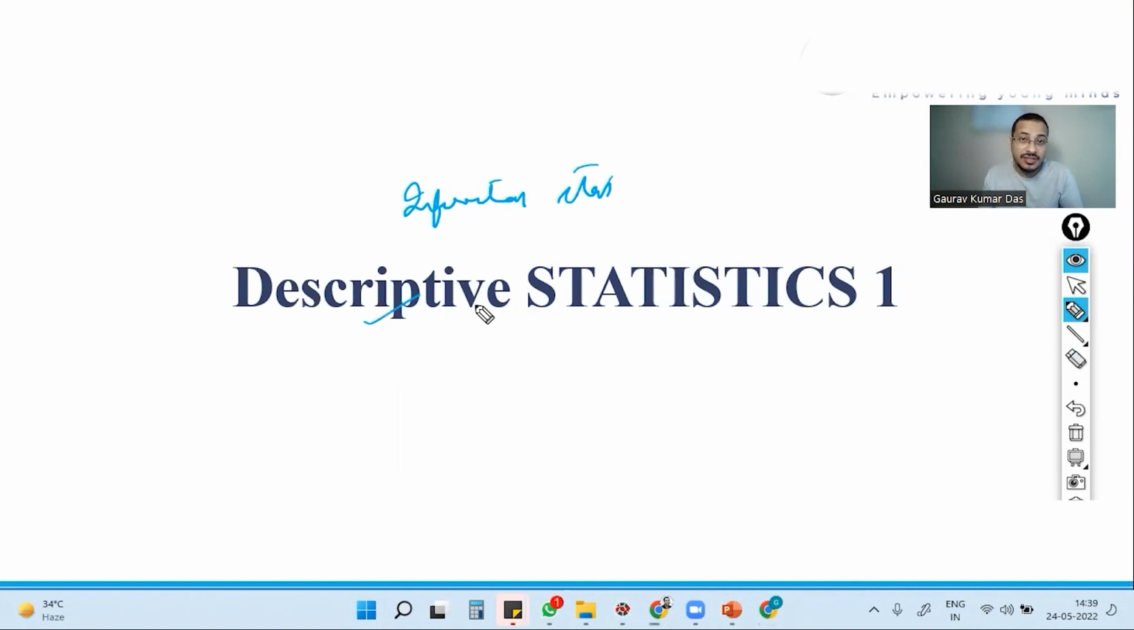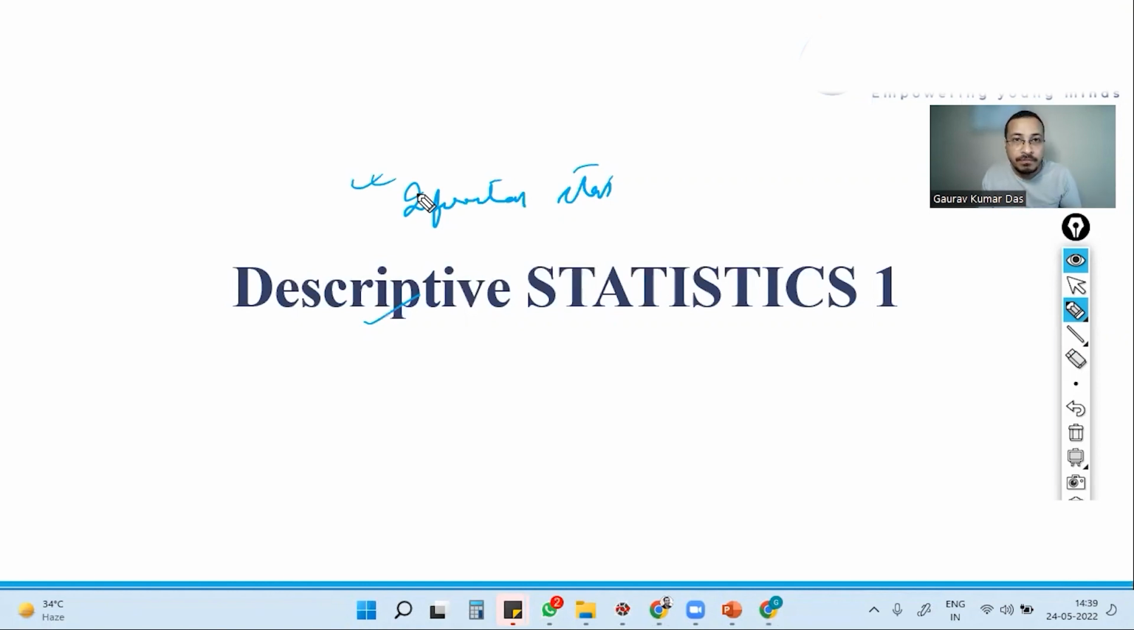What is the average? What is the standard deviation? What is the spread of the data? What is the maximum value? What is the minimum value? All those things. Whereas in inferential statistics, whatever parameters we have calculated, mean, median, mode, whatever it is, how correct